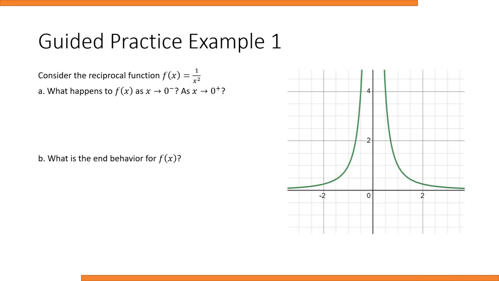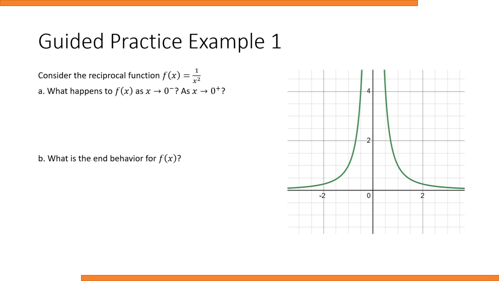So let's look at an example. Here we've got the function 1 over x squared, and we're going to look at its behavior at the ends of the graph. So what happens as it goes up in the middle there, as we see, and what happens as it goes off to the right and left. And we want to be able to read this notation so we don't have to write out long sentences explaining